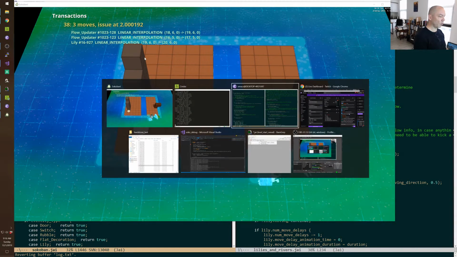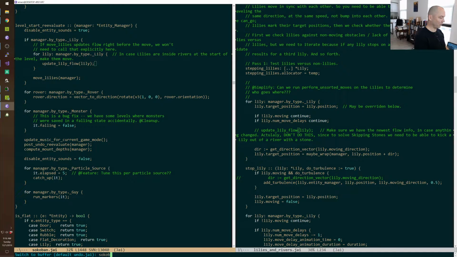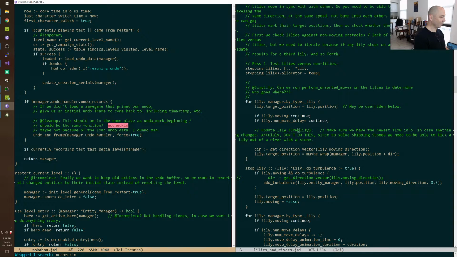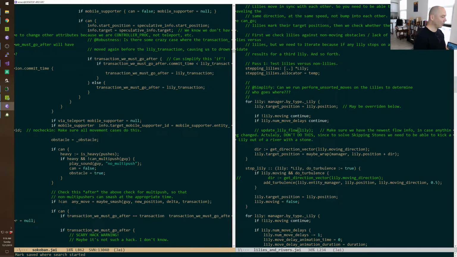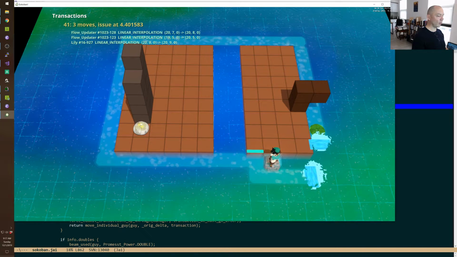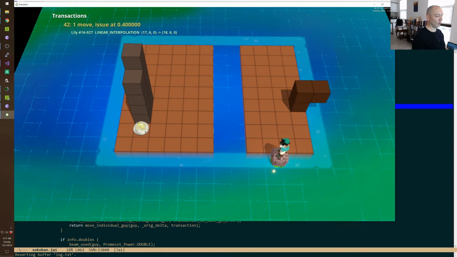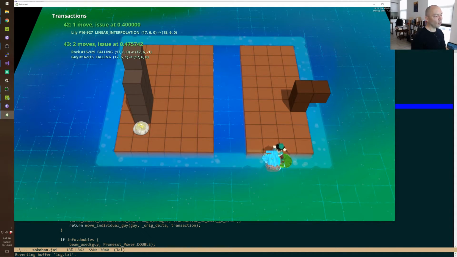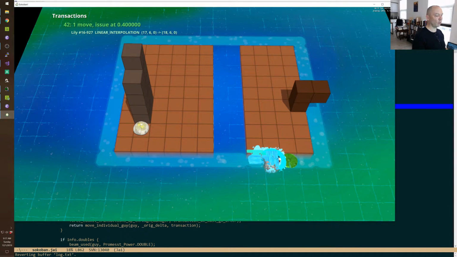One of the no check-ins that we have is the following: make sure all movement cases set this target mobile supporter ID, and they're not doing that. So what's happening is in the evaluate fall case. The reason I'm falling now and didn't fall before is